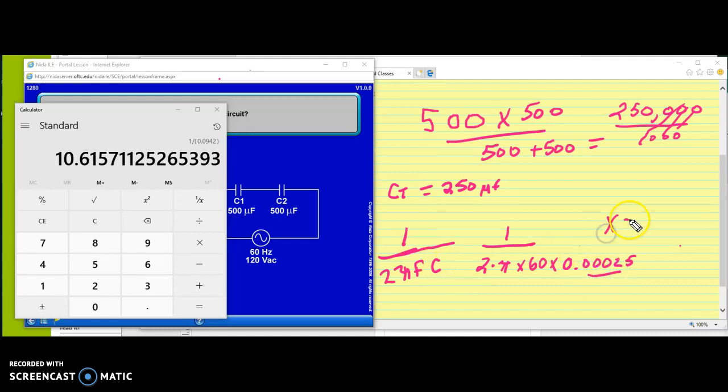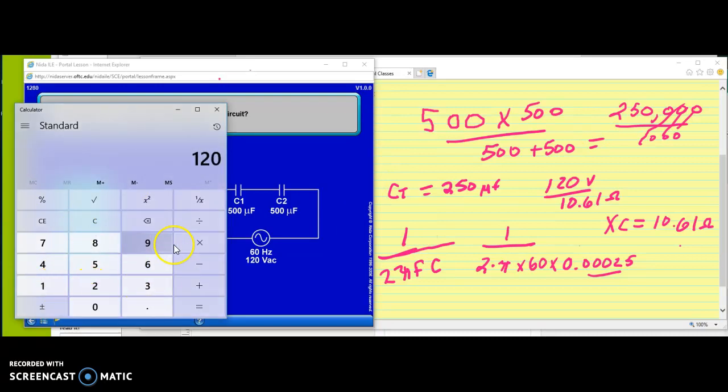But we did arrive at X of C to be 10.61 ohms. So now we'll just apply Ohm's law, 120 volts AC divided by 10.61 ohms. And that's going to give us current. And we can already kind of tell what that answer might be just by 120 divided by 10 gives us close to 12, but it'll be a little less because of the add-on there. But let me switch over. Let's clear our calculator. 120 divided by 10.61